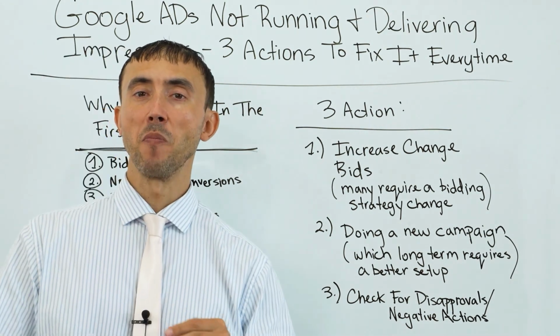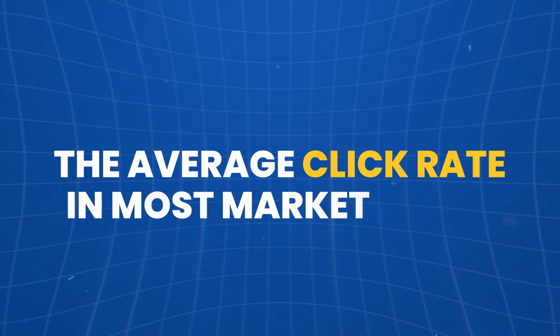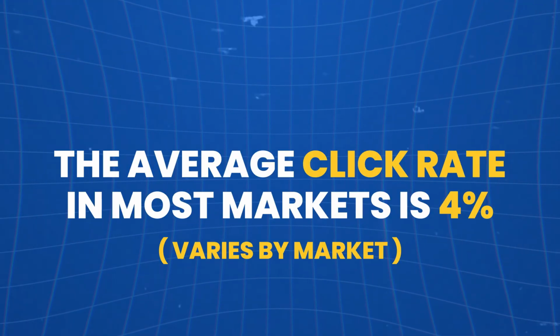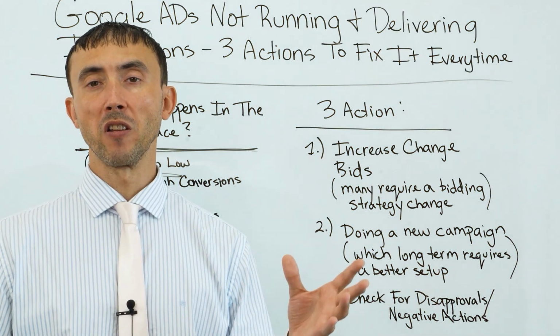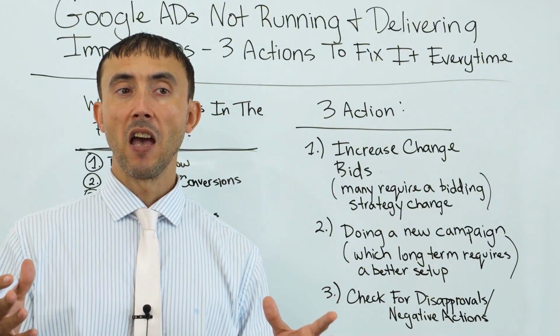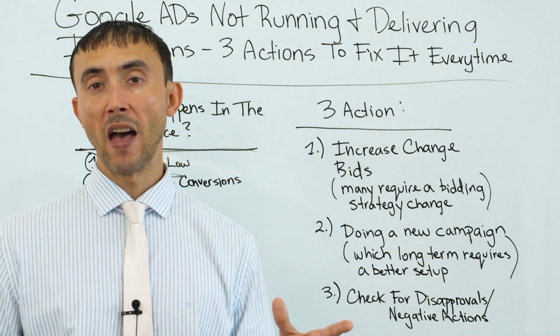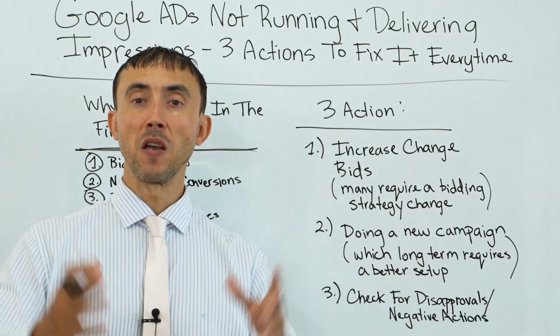If you're in the bottom 20 percentile or something like that, given that the average click-through rate in most markets is 4%, it varies by market. Like with travel, the average is 10%. Why? Because most people prefer to click on ads in that market. You have to find out what's usual for your niche market, and then you have to be like double that if you want to make sure you really get Google's favor in terms of making your ad show up,